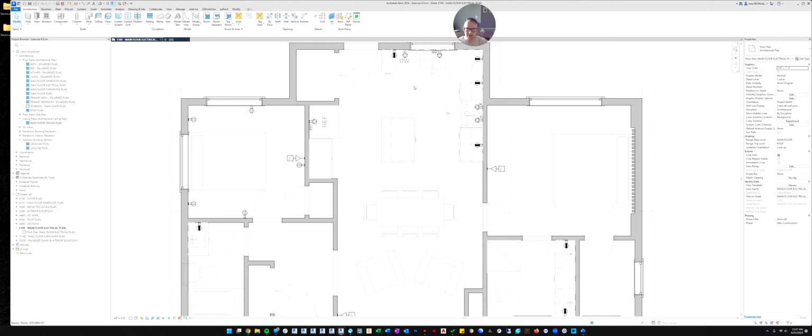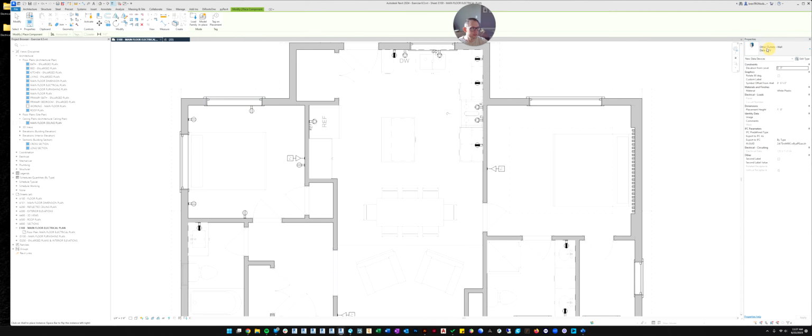Let's do our pendant lights and our can lights in the kitchen. We'll just do one layout. Go to component. Let's type in can light. Now make sure you're getting the right light. This is the Autodesk one. The one we want says light generic recessed can. And you have all these options. Let's do an 8-inch round can. And you can see already it's using industry standard symbols. So instead of just showing a circle that represents a light, it's using an actual light symbol to show the can light.